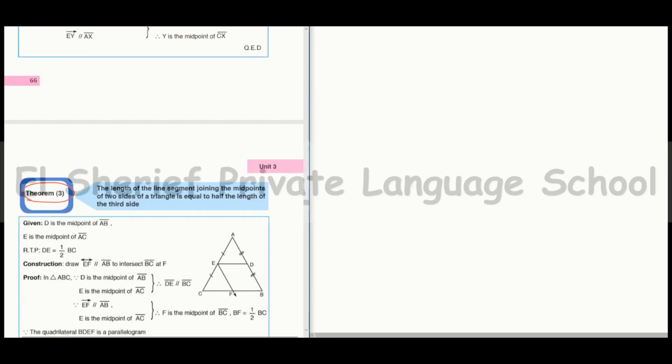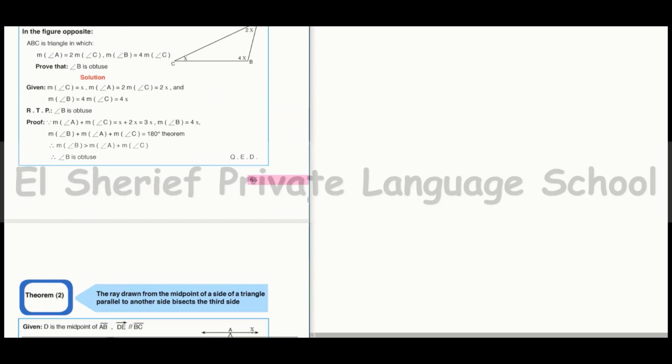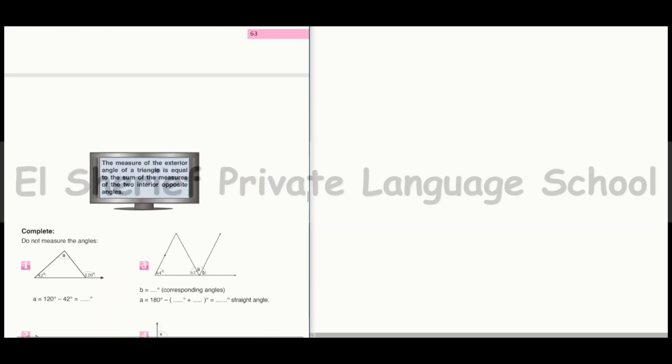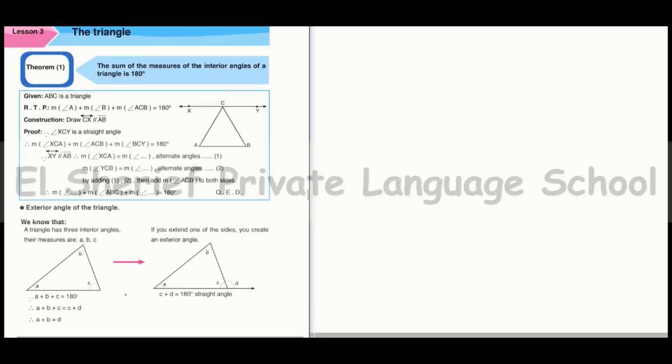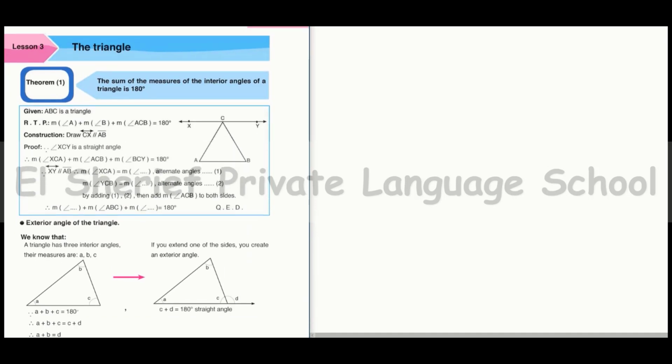هنراجع إن شاء الله على الجزء اللي باقي من Geometry of Grade 1 اللي وقفنا عنده second term من Grade 1. Theorem 3 of the triangle كانت آخر حاجة وصلنا ليها in the geometry. قبل ما ناخد theorem 3 let's revise on the theorems of the triangle. All theorems of the triangle. We have three theorems of the triangle.